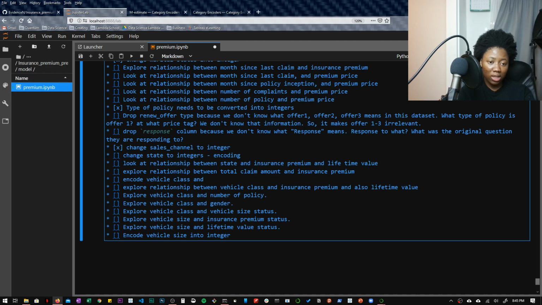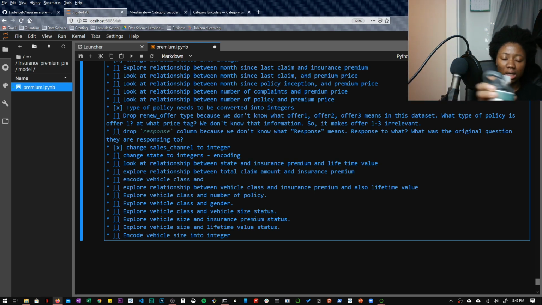Oh, states. Does the state you live in affect your policy? Maybe yes, maybe no. I'm going to do ordinal encoding for states, but I'm not going to give it any